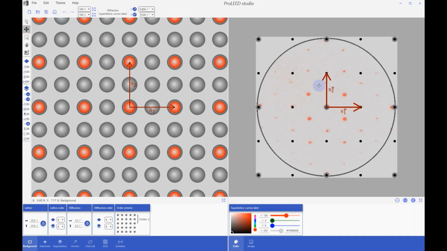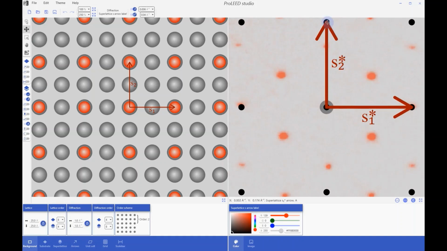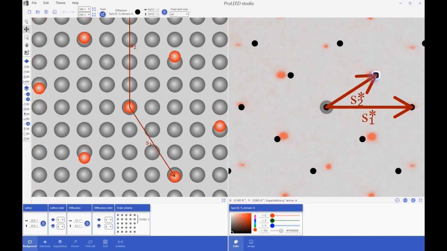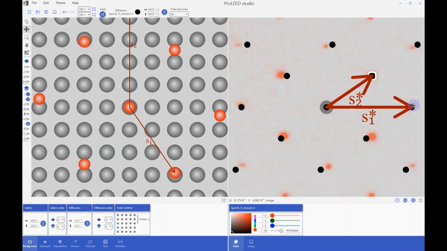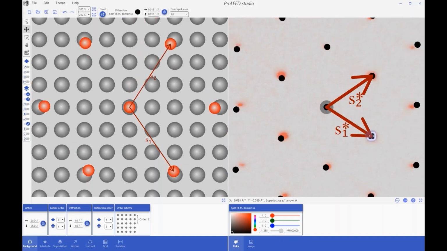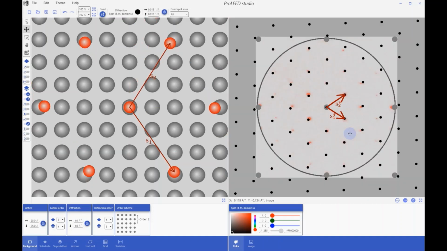I switch to the move mode and zoom the model using Ctrl plus mouse wheel and make the first estimation of diffraction pattern model. When I take a look at the real space lattice, I see that the superlattice points are close to being commensurate. So I switch to the commensurate mode and using the mouse dragging,